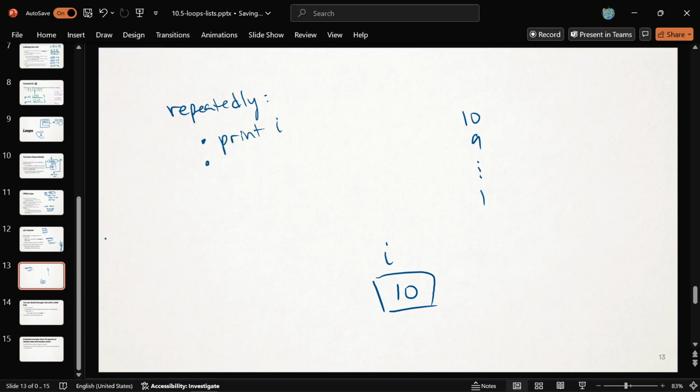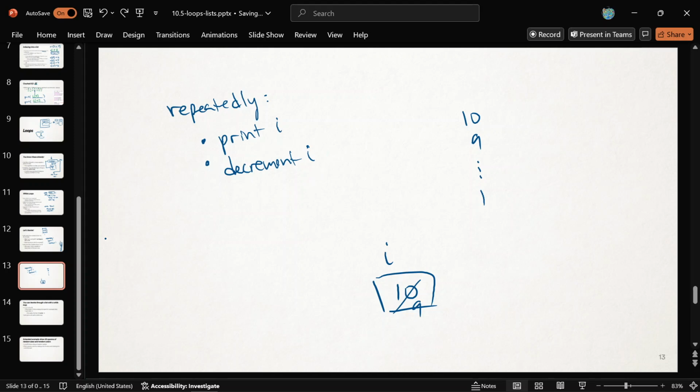And then I want to get ready to print 9, so make it smaller. It's not increment I, it's decrement I. Does that make sense? That's going to be your new loop. We'll have to figure out the condition still, yeah? It's like, all right, repeatedly print I, decrement I. That will work, right? Because it'll print the 10, then we decrement it, make it 9, print the 9, make